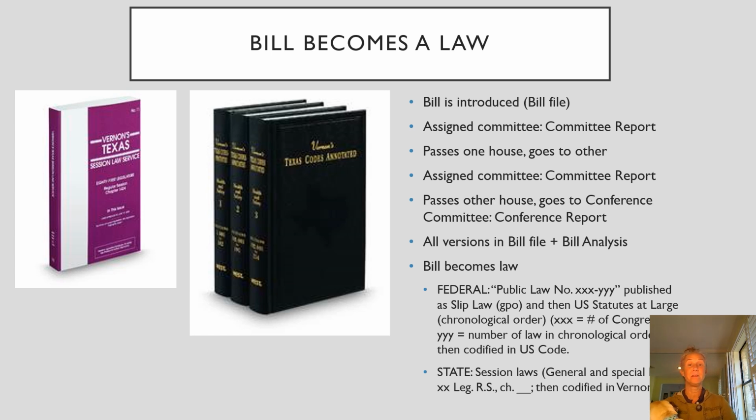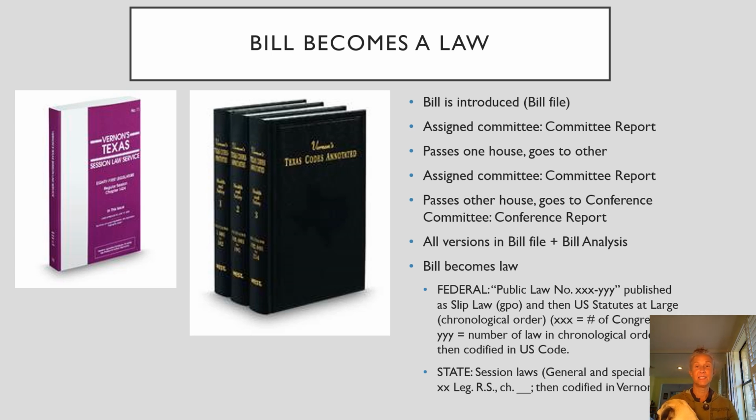So after it's in committee, it is voted on in committee, and it can be amended in committee as well. So you'll have these different versions. That version may get passed. It may have changed from the introduced version, and then it goes to the floor and is voted on, and it can be amended on the floor of that house. And then you'll have floor debates, which are open debates about the bill, and it can be amended at that time, and that will be a version. And then if it passes, it will go to the other house.